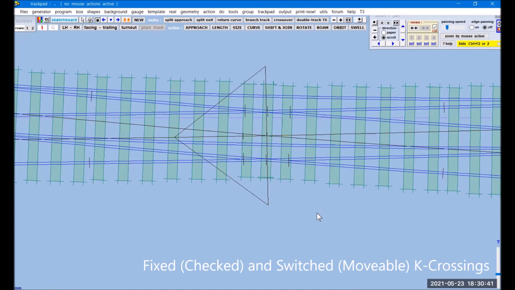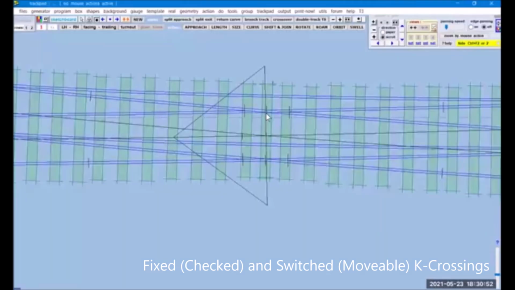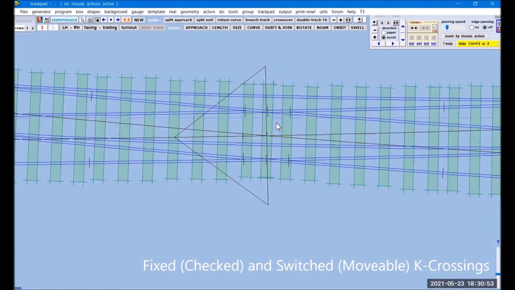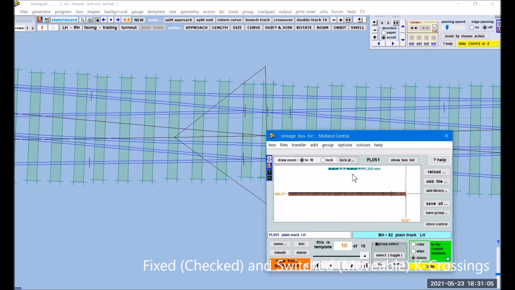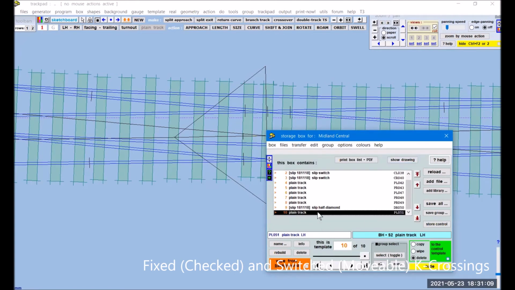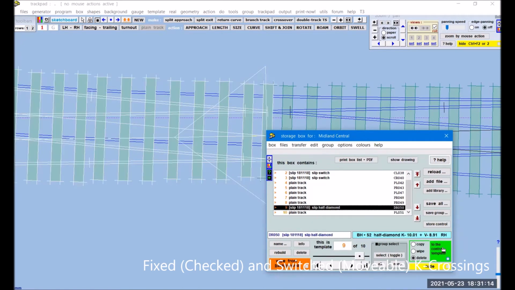Had we been working at a sharper angle, in fact a 1 in 8 or anything less than that, then it would have defaulted to a checked K crossing, not a switch one. From the modelling point of view, we can actually force this to be a checked K crossing. If we come into the storage box and highlight that slip half diamond,